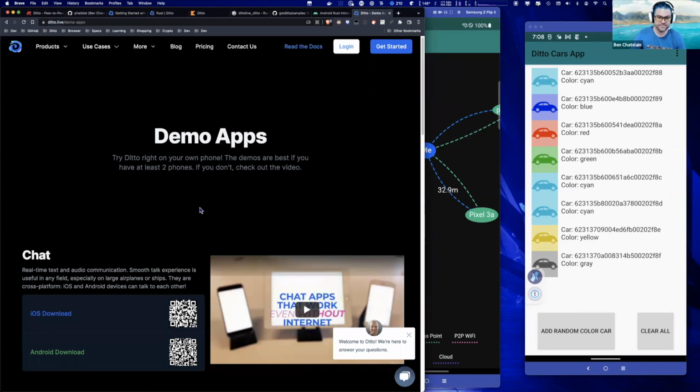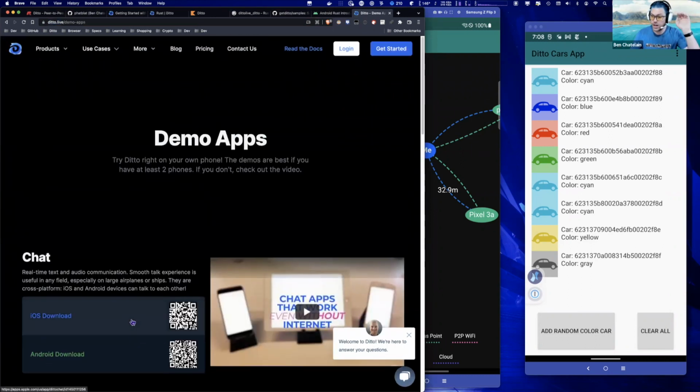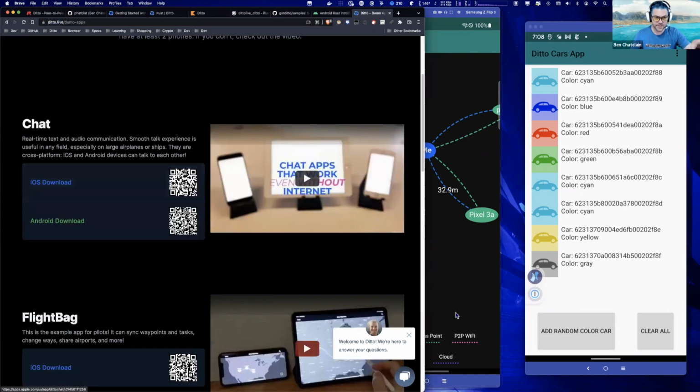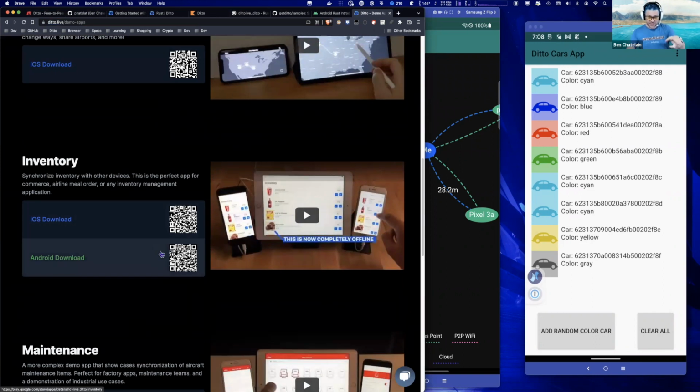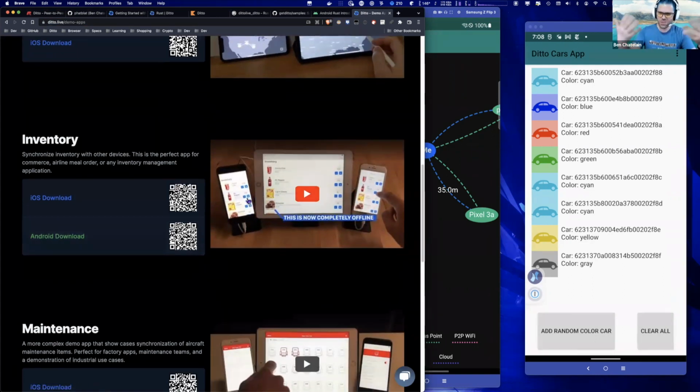It's published. Here's a link to our demo apps. You can download the chat app. The sample flight bag app is only iOS. The inventory one is the one I showed you, Eric, which has a fake shopping cart where you can just hit plus or minus on the items and see them increment and decrement. And when I demoed this to my son,